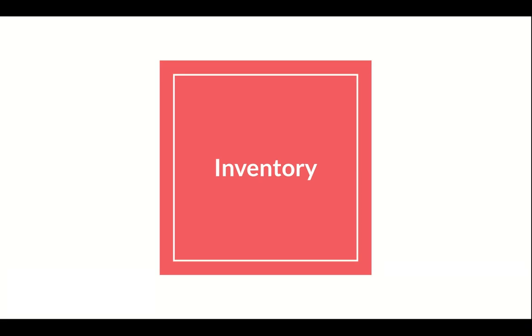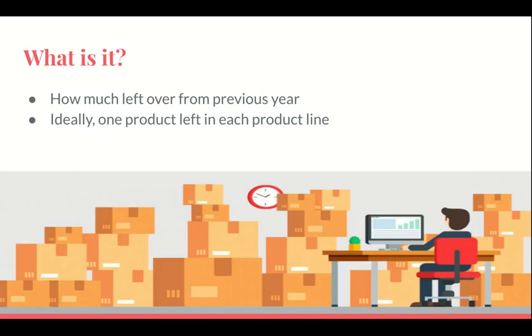Hello everyone, let's now talk about inventory. Inventory is how much is left over from the previous year. The ideal year-end inventory position is 1 unit left in each product line. That way it is ensured that every single potential sale was made and your excess inventory carry cost is being